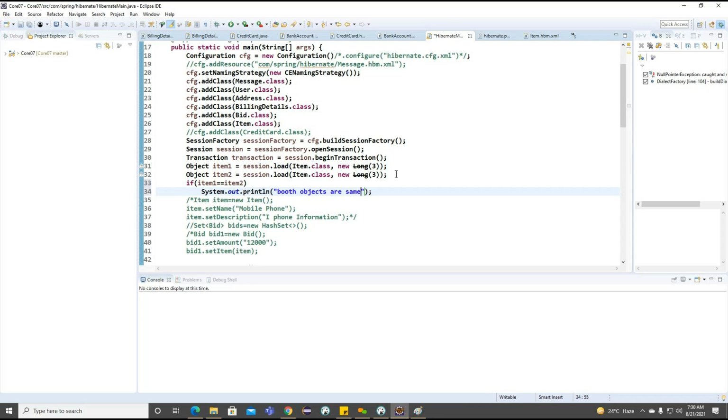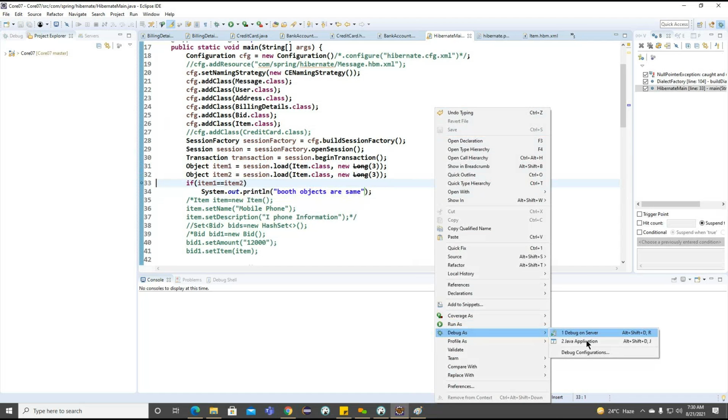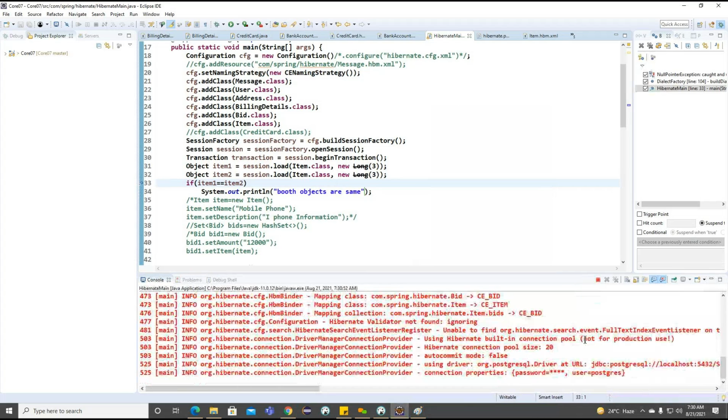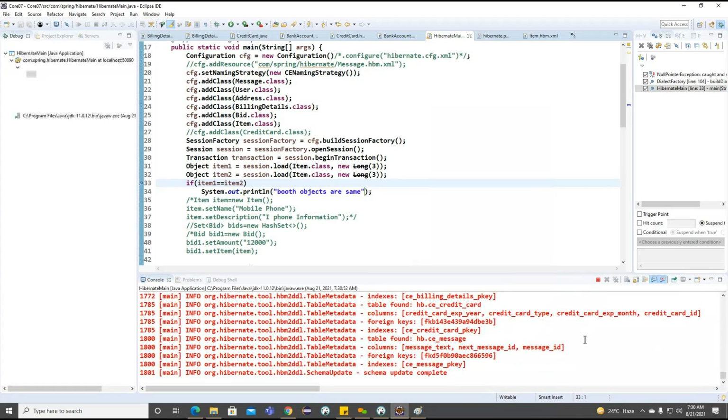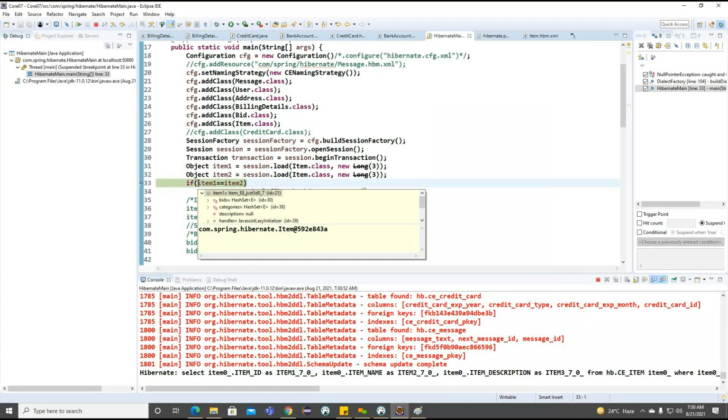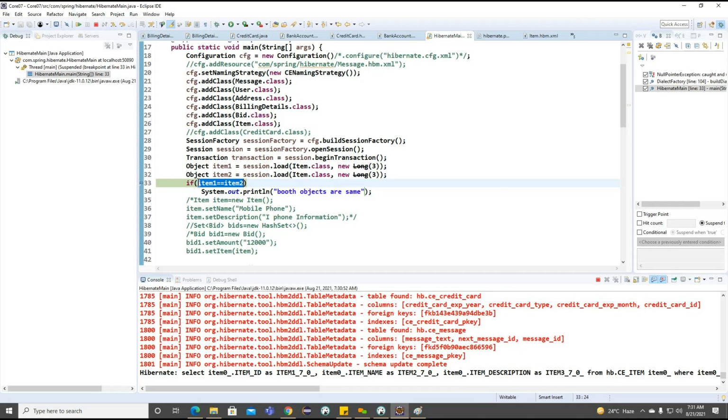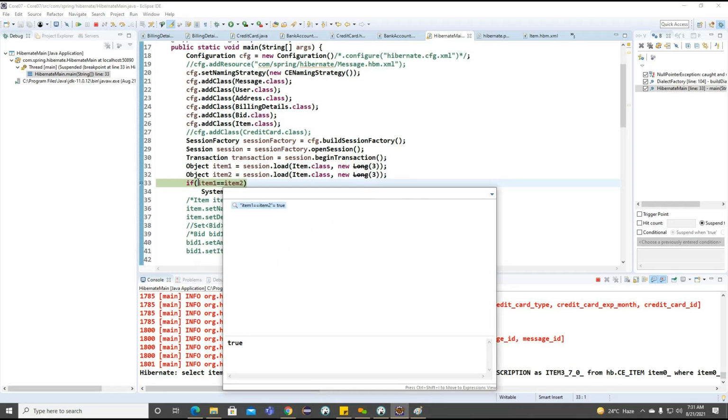Right. And we'll try to find out one more way. We'll put a breakpoint here so we can understand whether these two objects are equal or not. Now if you observe, these two objects are equal here.